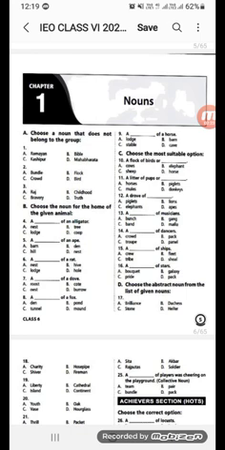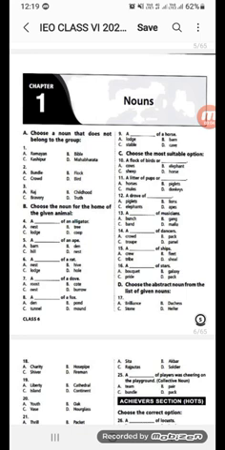Other examples are like a choir of singers. That means we are talking about a group of singers. So choir is an example of a collective noun. A pack of wolves. Again, the word pack we use to refer to a group of wolves. A pride of lions. Again, the word pride is an example of a collective noun which is used to address a group of lions. A bunch of grapes. The word bunch is an example of a collective noun which can be used with grapes and with keys.